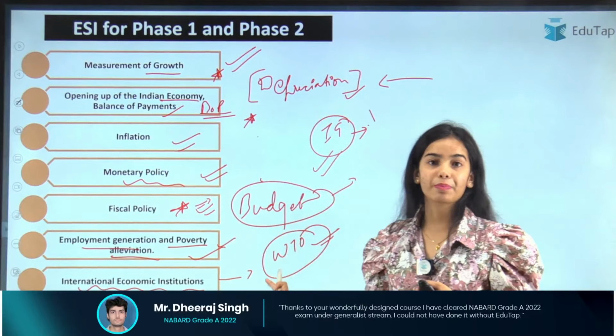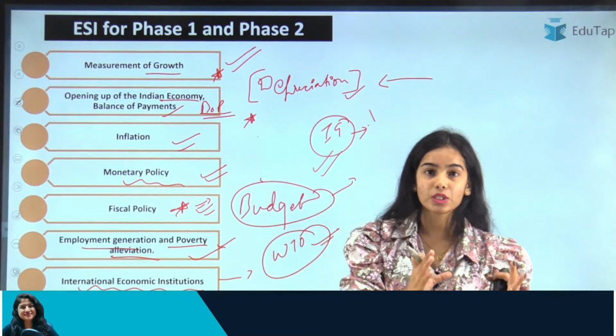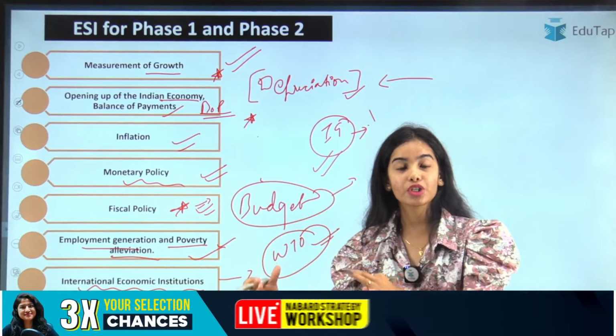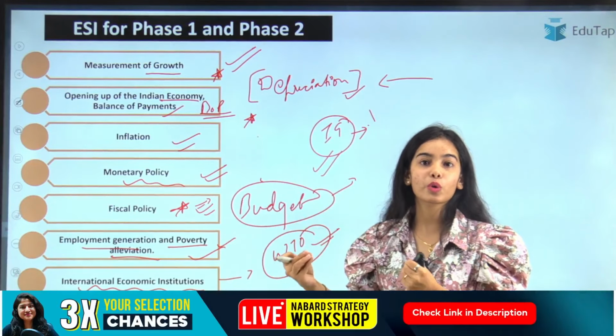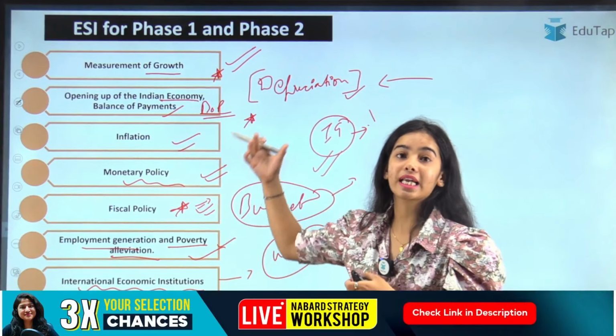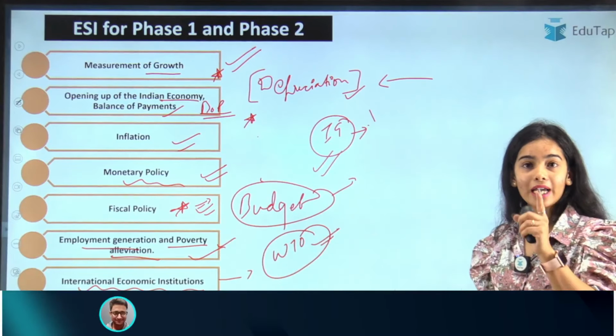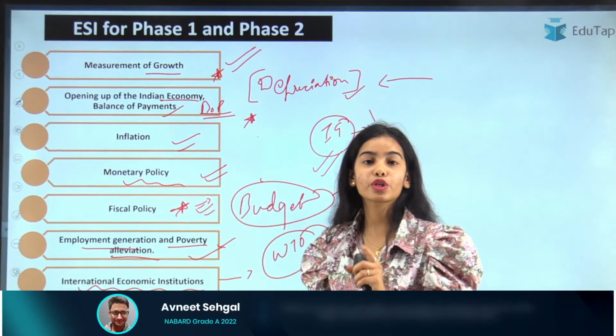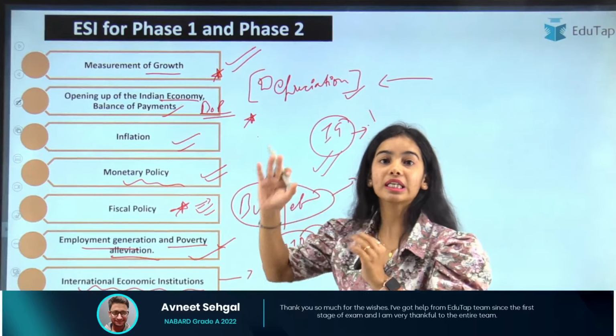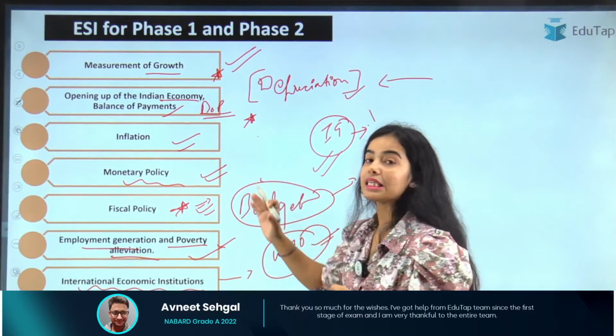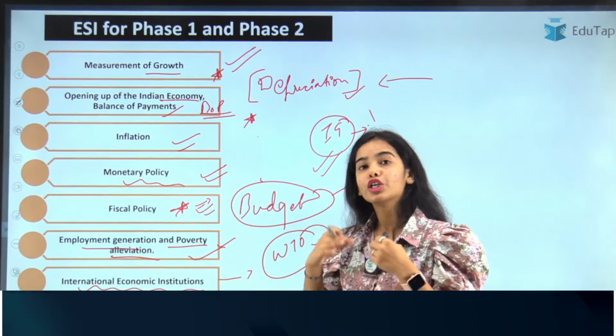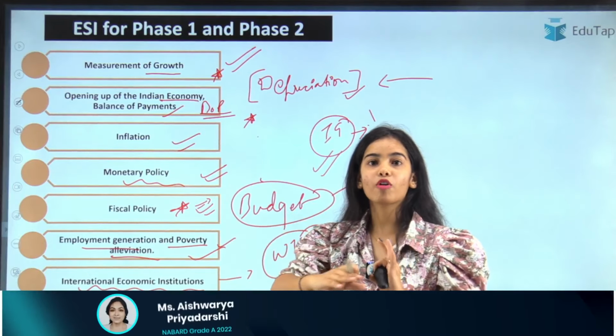So all of these chapters are important for phase 1 and phase 2 of the examination. The objective questions as well as the descriptive questions can come from these chapters. I promised you that I will show you the previous year questions so that you understand how important these chapters are. And if you cover these important 7 chapters, you will be well on the path of being well prepared